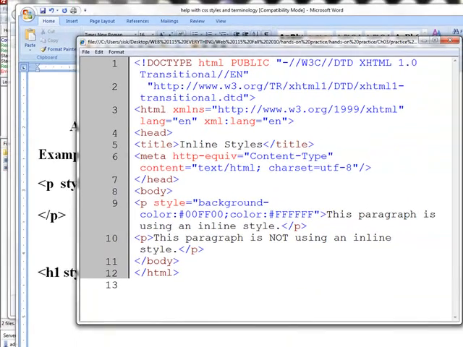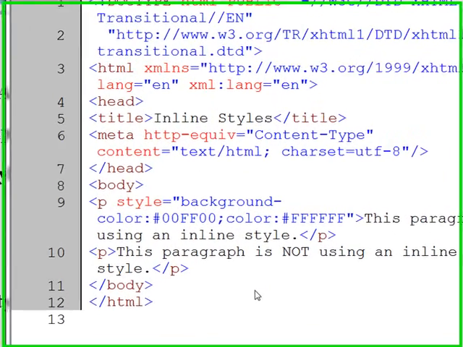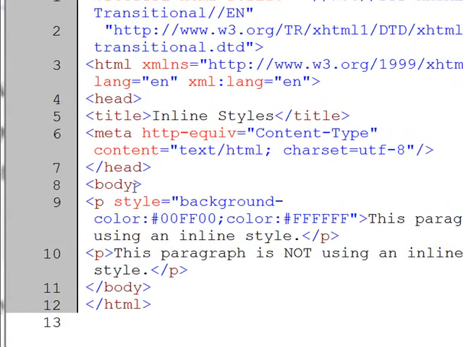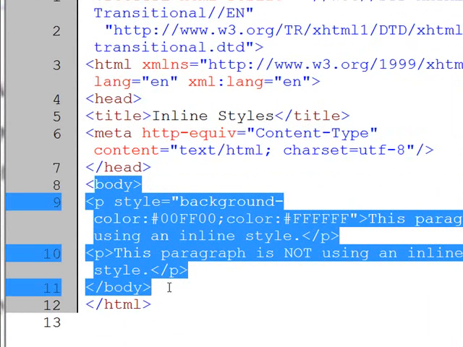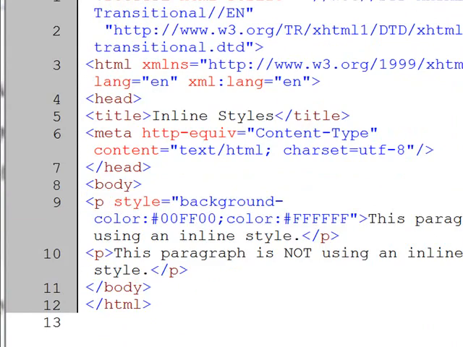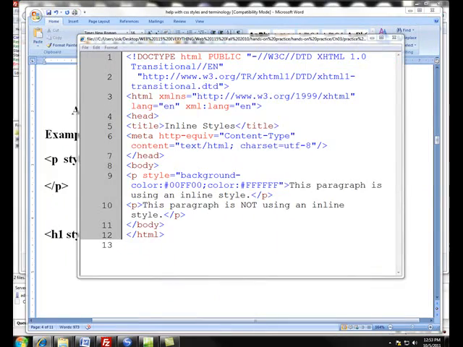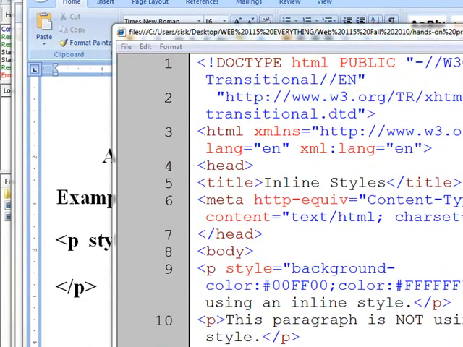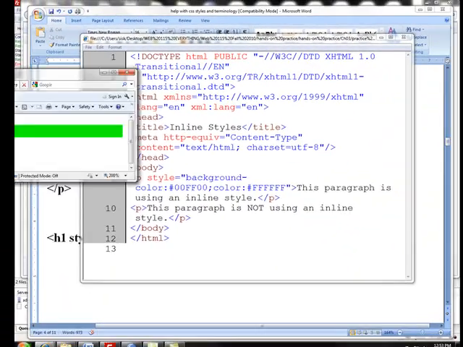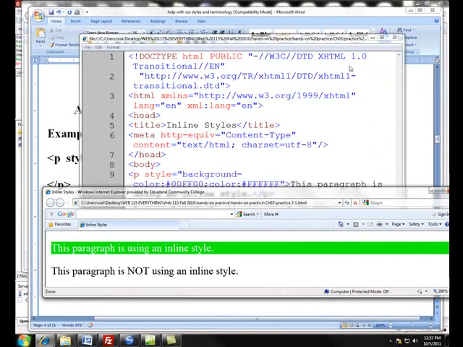Now for those of you learning Expression Web or Dreamweaver where you're not having to learn the code, this may be highly confusing to you at first, but trust me, it will be worth your time to look at it. Notice that inside the body tags, lines 8 through 11 right here, this is actually the code for this particular document. I'm going to bring over a screen that will actually show you the results of this and try to put these both together at the same time for you. And sometimes it just takes a little bit of time while I'm doing this on the fly. Here is the example right here